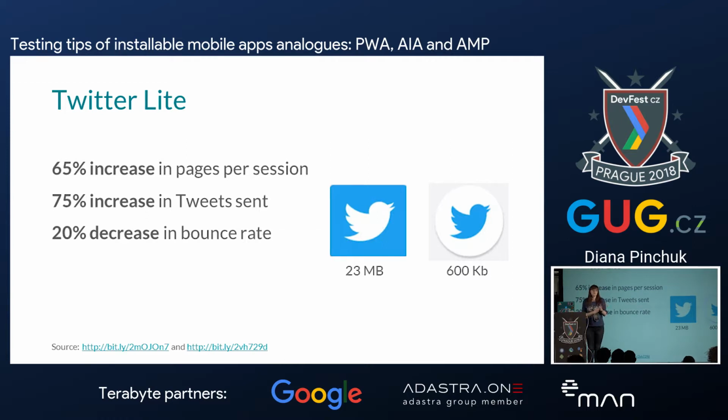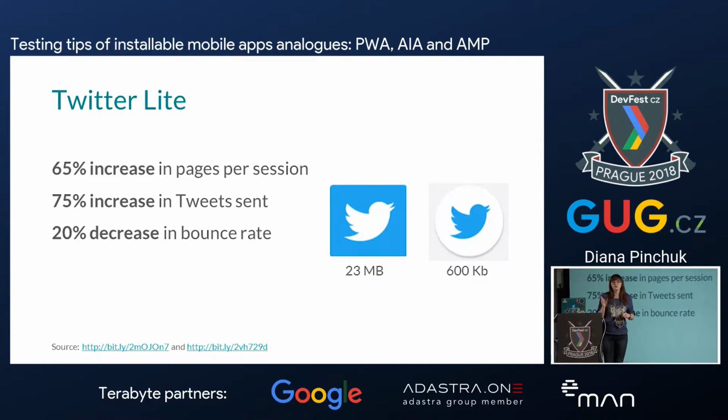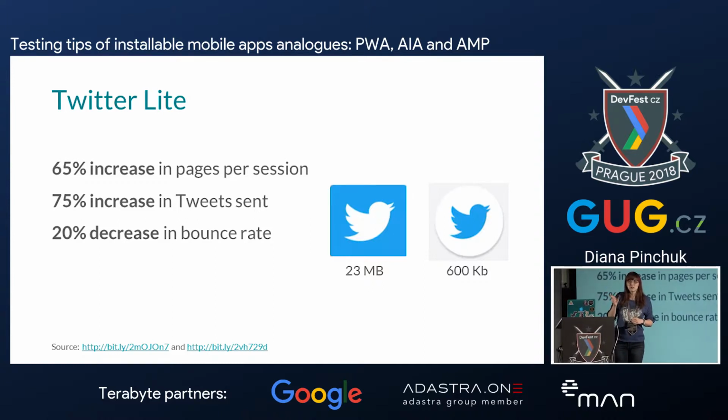A very nice example of a progressive web app is Twitter Lite. Maybe you've seen it when you go to Twitter.com on your mobile browser. You see a pop-up, would you like to install Twitter Lite? It's actually a progressive web app. As you can see, its size is much, much less than the native Twitter application. And just because of Twitter Lite, which uses less memory and which is accessible offline, Twitter got these wonderful numbers, like 75% more tweets. You can imagine how much revenue you can get for your application if you use a progressive web app in the right way.